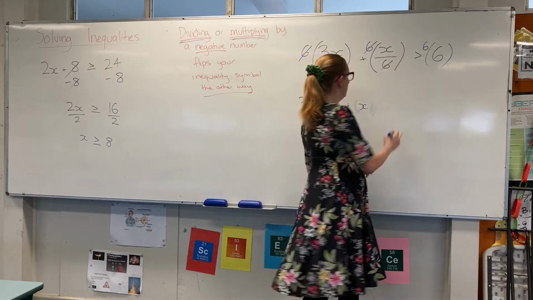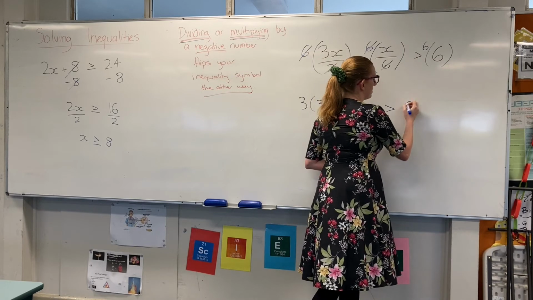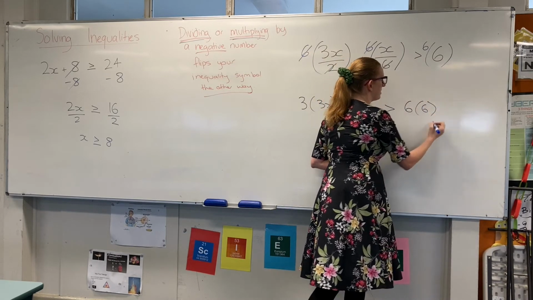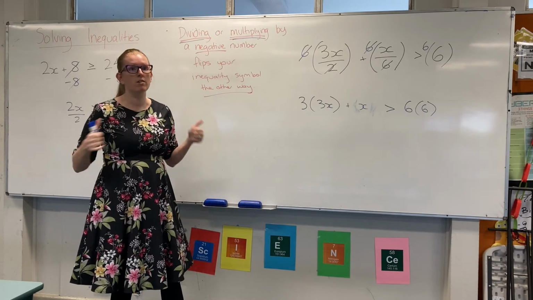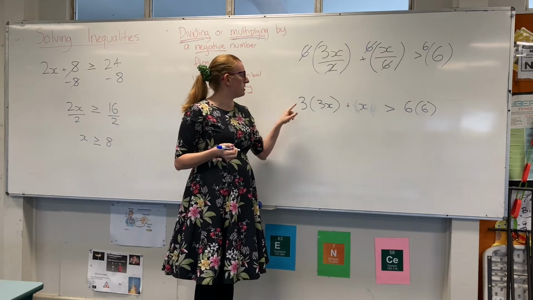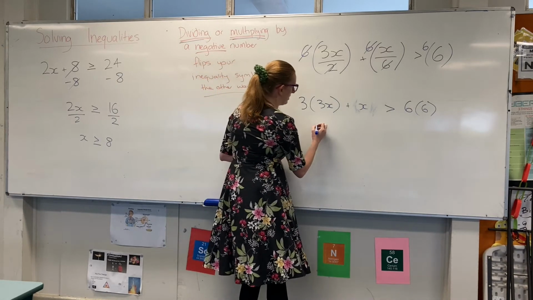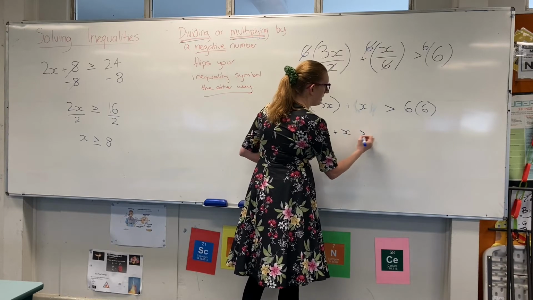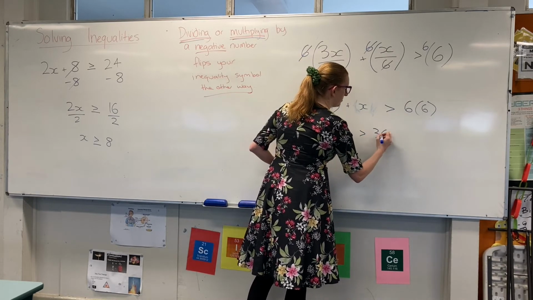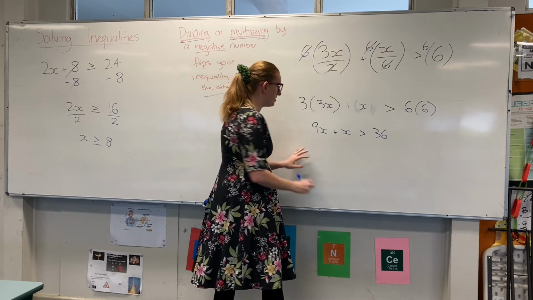Okay, and then here, I've got greater than, I've got 6 times 6, or 6 in brackets, 6, which just means 6 times 6. Okay, cool, all my fractions are gone now. Hooray! And now I can solve it. So I expand this set of brackets here. So 3 3's are 9, so that gives me 9x plus x is greater than 6 6's are 36. Cool. Now I can add these two because they're like terms. So that gives me 10x